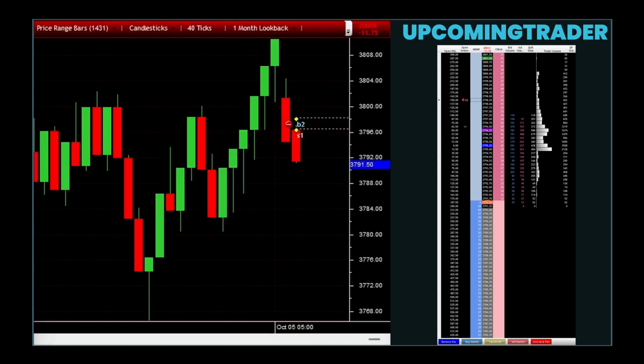Picture a small candle nestled inside the body of a larger one, resembling a pregnancy. While visual aids and chart examples would greatly enhance the understanding of these patterns, imagine these descriptions creating a vivid picture of the formations within the price movements of a market. These basic dual candlestick patterns are crucial for traders who rely on technical analysis to predict future market movements based